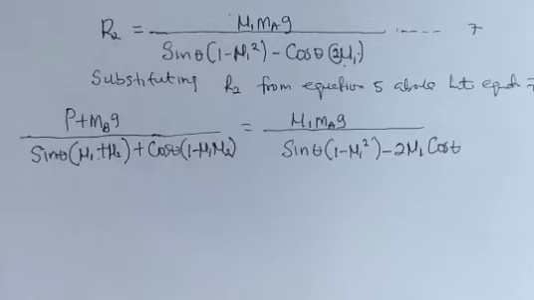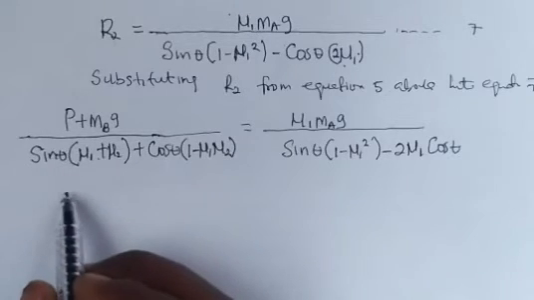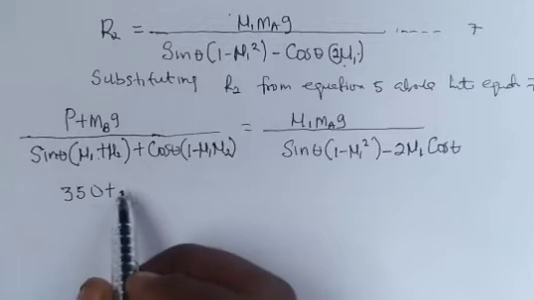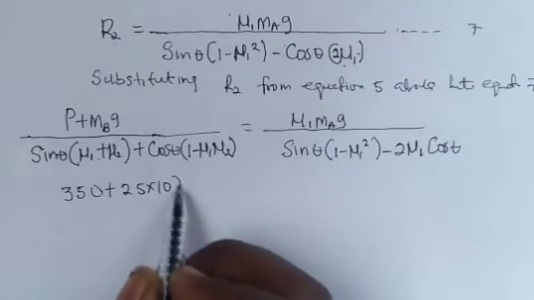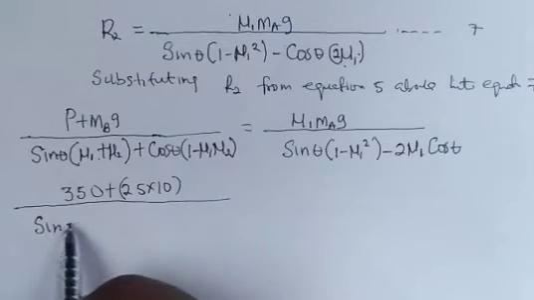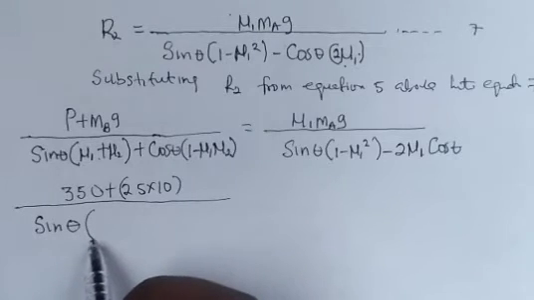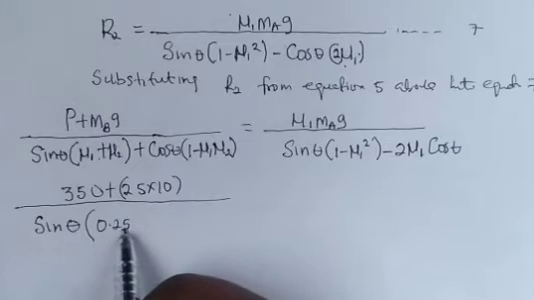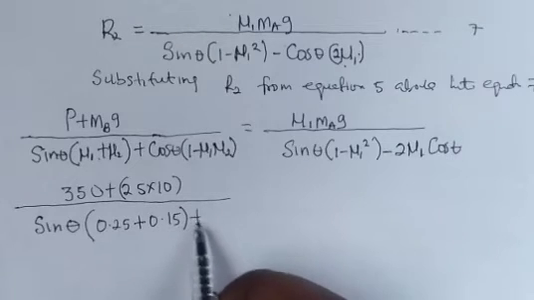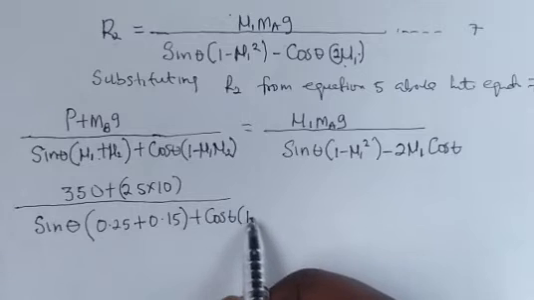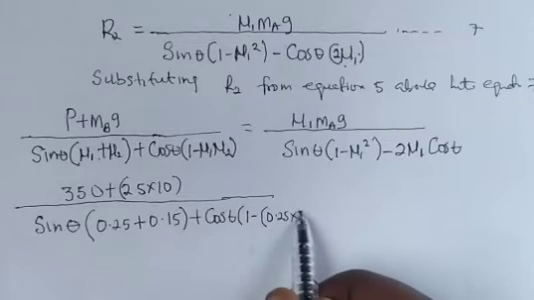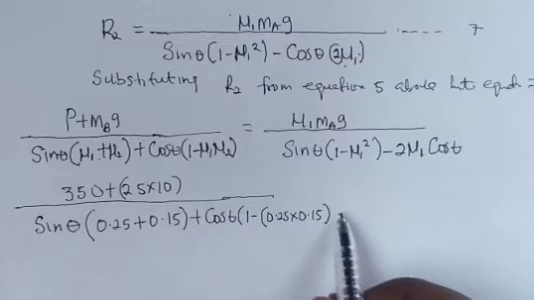We know very well from our parameters the force P is given as 350 plus the mass of B, which is 25 times gravity, we say it is 10, all divided by sine theta, open bracket, mu1 is 0.25 plus mu2 is 0.15, close the bracket, plus cos theta into bracket 1 minus mu1, which is 0.25, times 0.15. So this is what we have here,